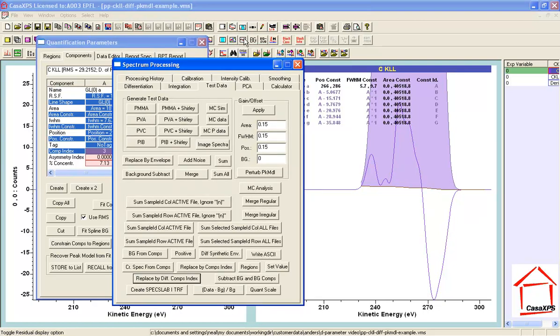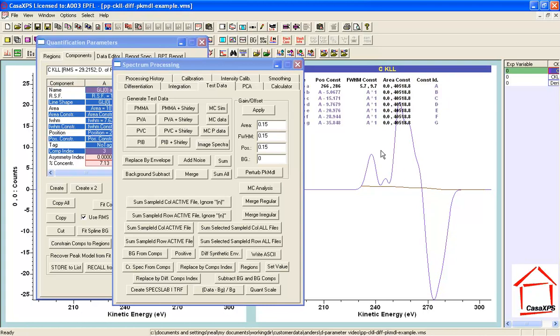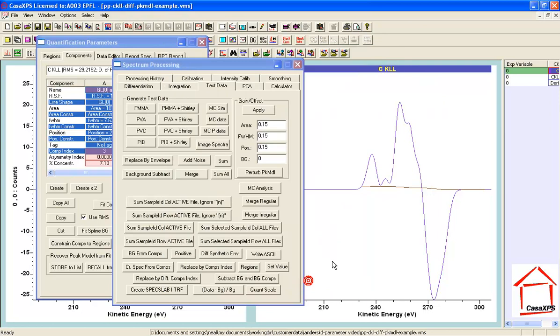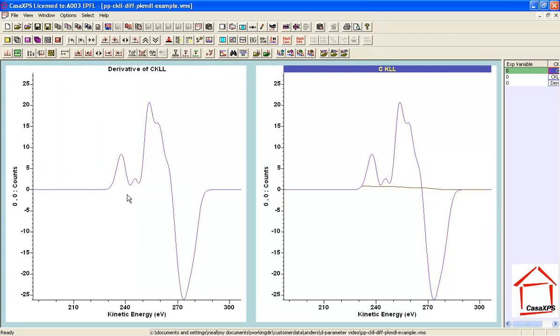If I turn off the components, it will be clearer that these are in fact, and also the annotation, the same result has occurred as we saw in the previous example here. This was derived earlier from the same data, so I've gone through the steps that were necessary to create the derivative we see here. The next step is to preserve the derivative so it's no longer just the process form